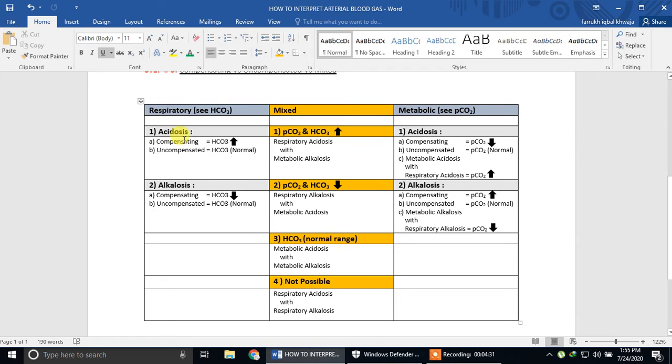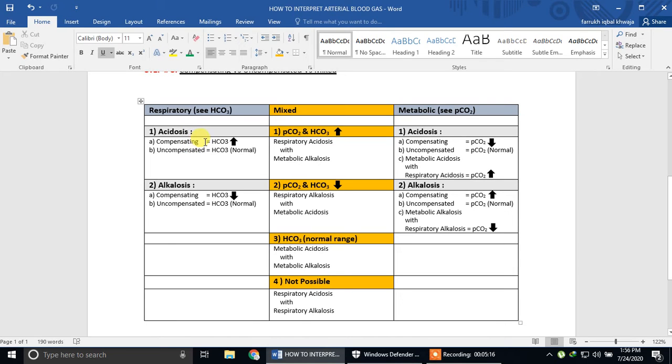To make your concept clear, respiratory acidosis means that the respiration, the lungs, is causing the acidosis, causing the blood to become more acidic. So what is the kidney doing? I have already told you that we consider the kidney as bicarbonate. If the lungs are causing acidosis, increasing the acid in the blood, then the kidney should increase bicarbonate to compensate, to cope with it. If the kidney is increasing the bicarbonate in the blood, it means the kidney is compensating. So in respiratory acidosis, it is compensated or partially compensated.